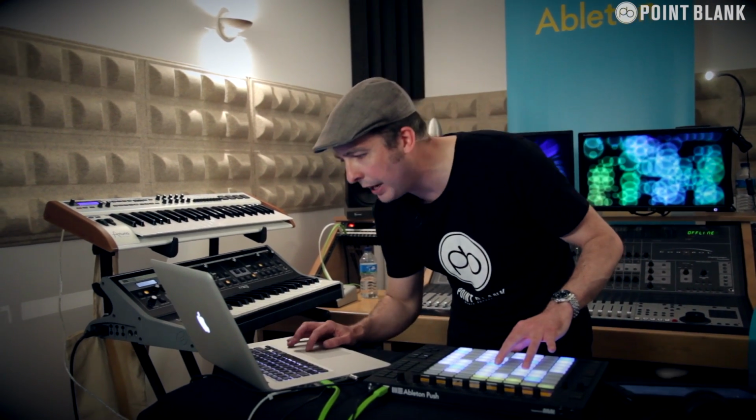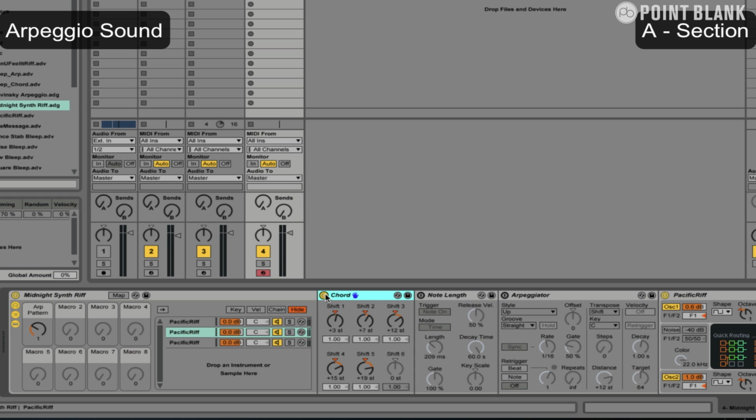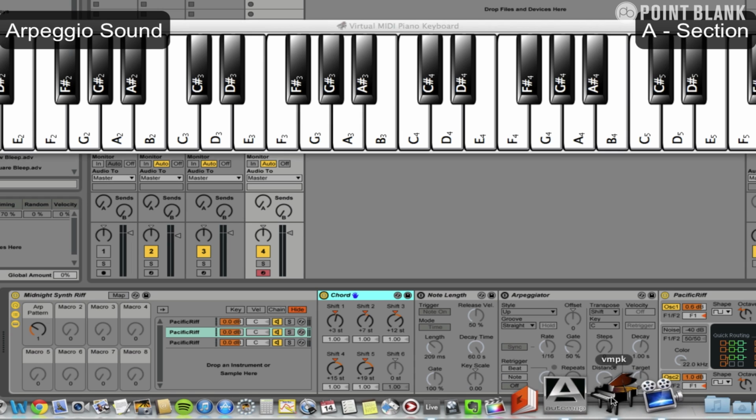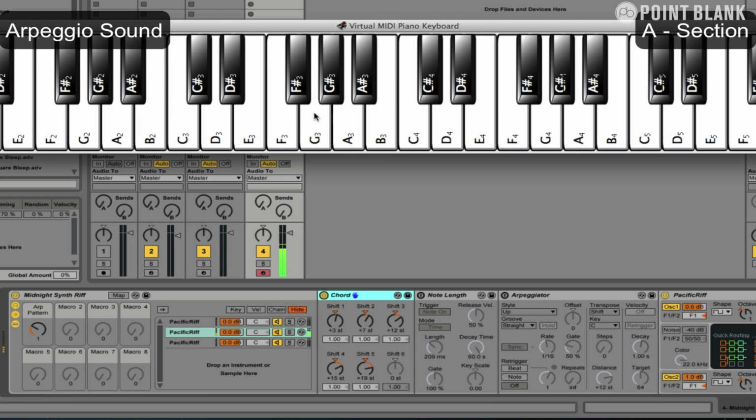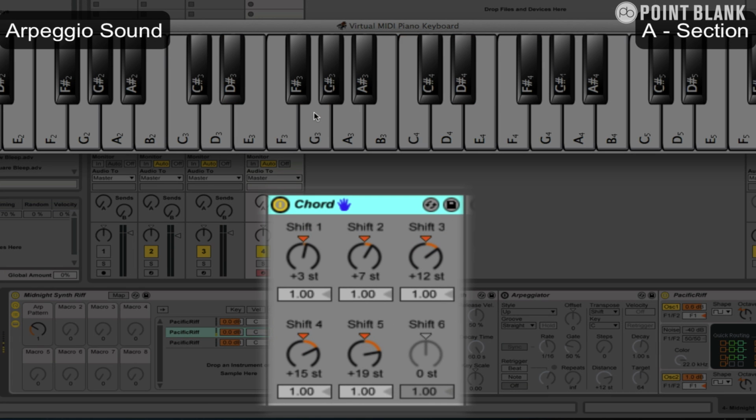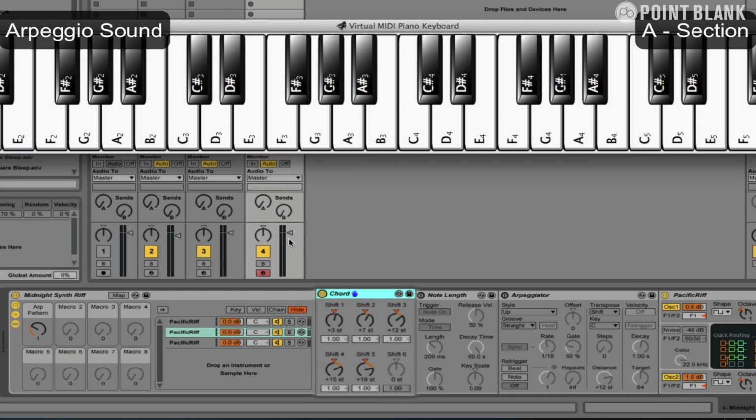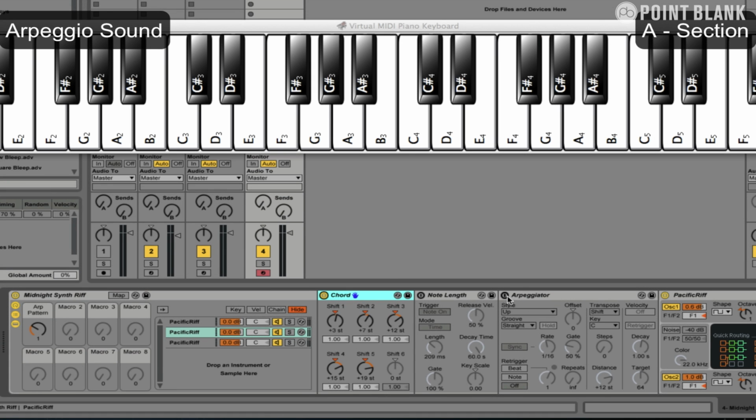So the way I got around that was to create a chord device, and if I just go to the keyboard here, I programmed in, using the chord device, the actual notes of the chord here. There's 1, 2, 3, 4, 5 and 6 notes, and you can see those there. So then if we put the arpeggiator back on,